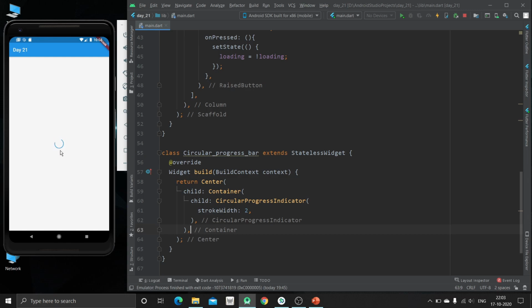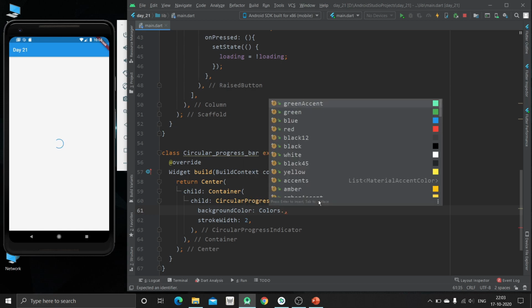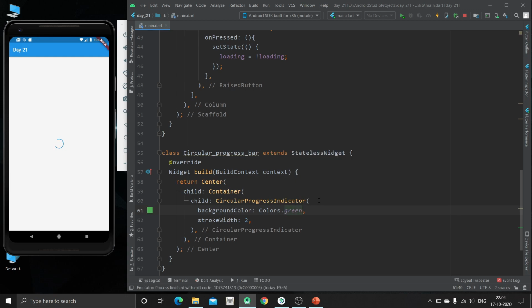Now you can see by default the color of this circular progress indicator is blue. So now you can change it by using the background color property, and you can choose any color like green or something else.